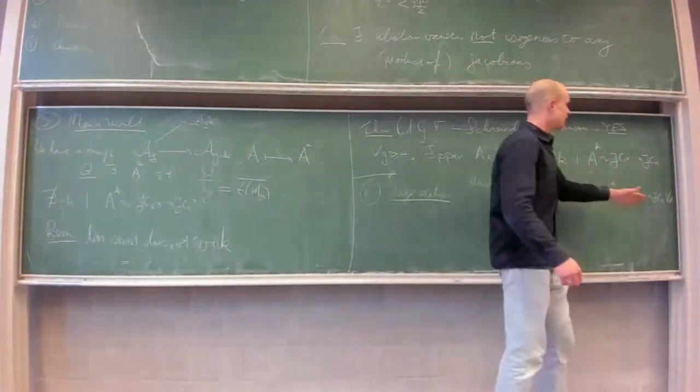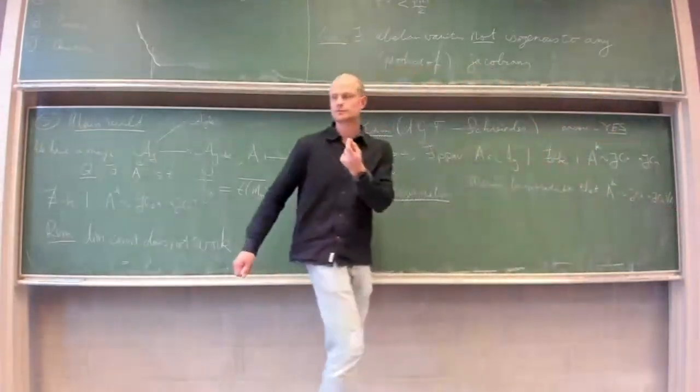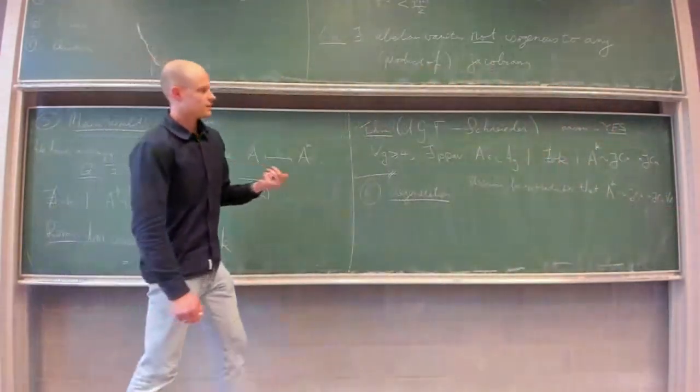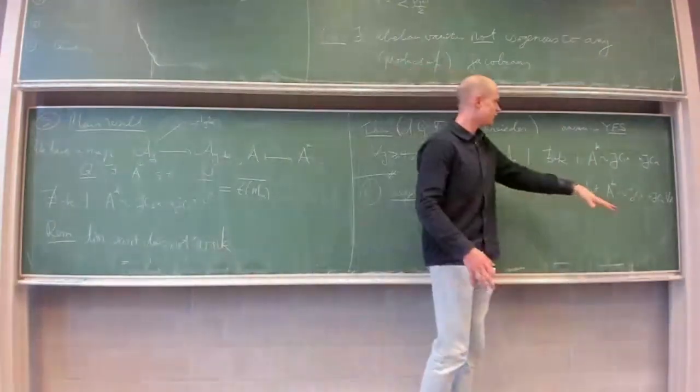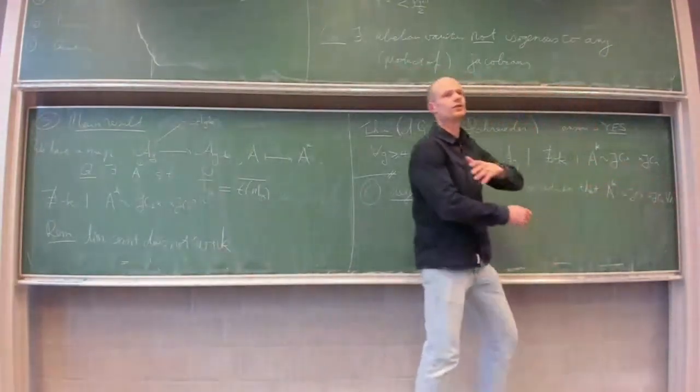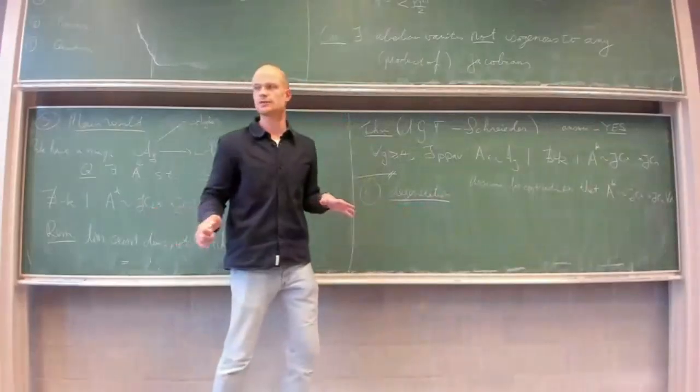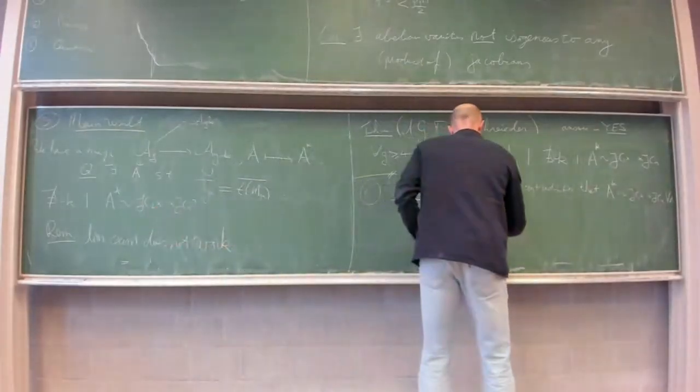The point is that since it happens for each A individually, you can make it uniform. You can put it in a family. So the next step would be to show that